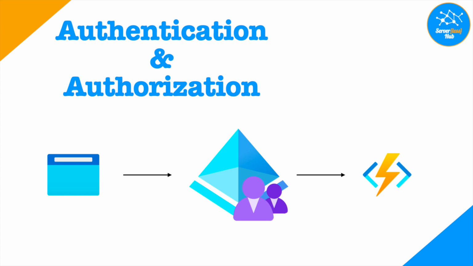We have already implemented the To-Do Items API using Azure Functions and hosted the web app with storage account static websites. In this video, we will be securing the API with Azure B2C tenant. We will be using OpenID protocol. You are not required to know about OpenID to follow on with the video, but I recommend that you get an understanding of the concept. I will add a link to a YouTube video explaining the concept.